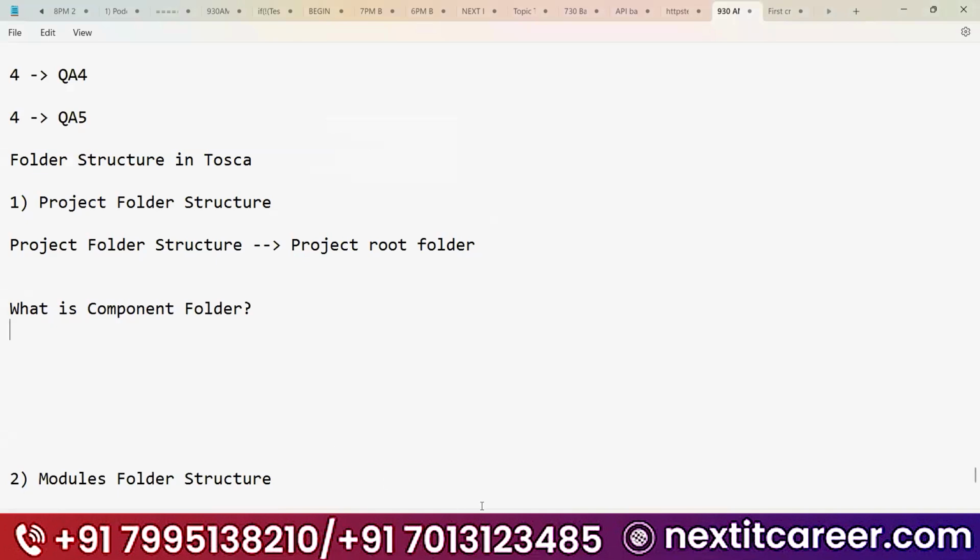Okay, so before you learn the concept of component folder, you should learn what a component folder is. One minute. Yeah, so let me give you the definition. So what is a component folder? See guys, generally a component folder